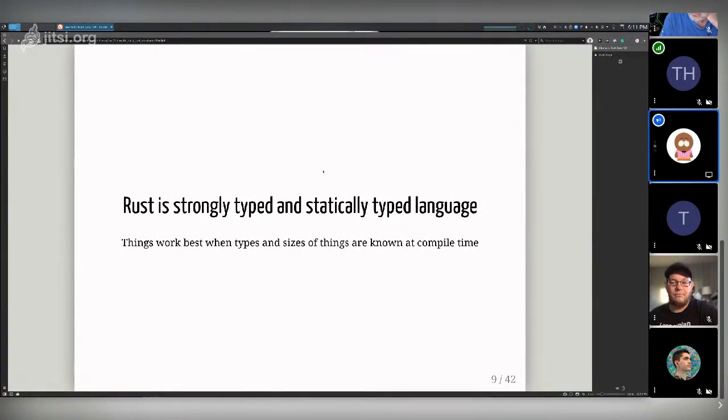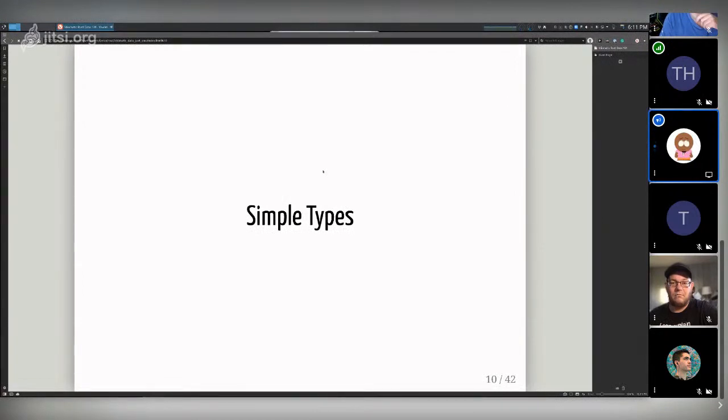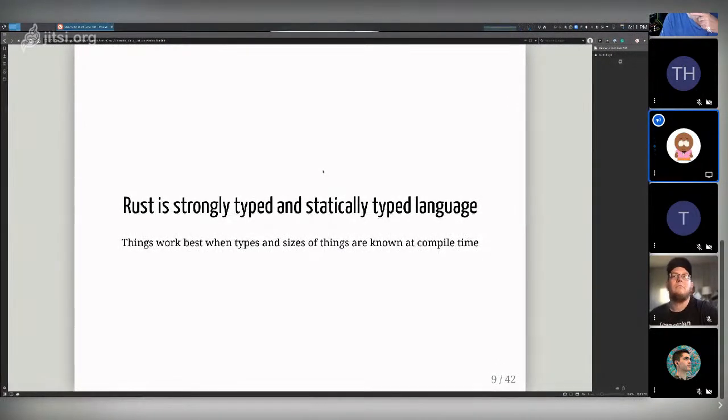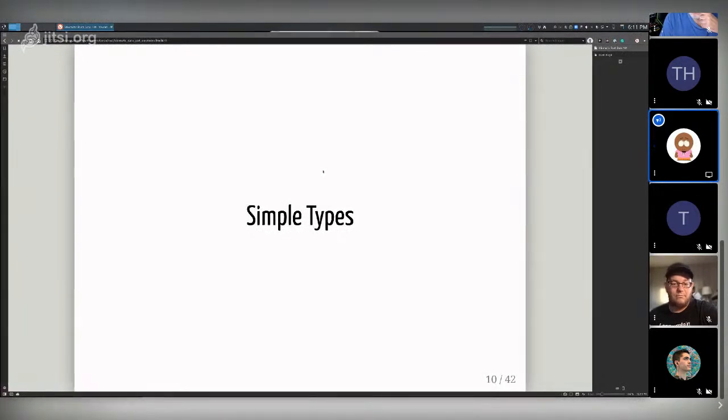That's pretty much all I have to say about that. So I guess, any questions before we get into the type system itself? Any questions about Rust, maybe the agenda? Nope. Cool. So don't be afraid to ask any questions.